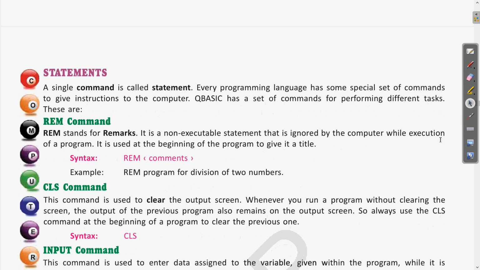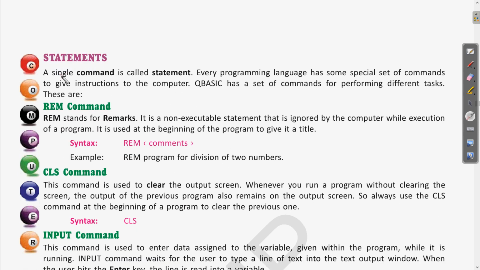A single command is called a statement. Whatever command we give to the computer in QBasic is called a statement. Every programming language has some special set of commands to give instructions to the computer.